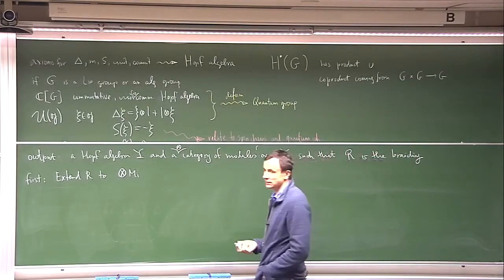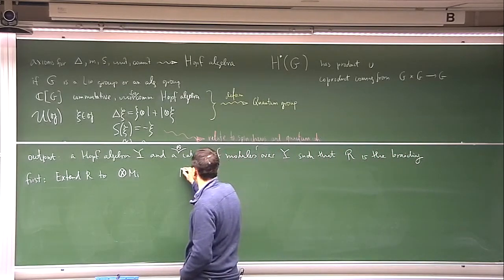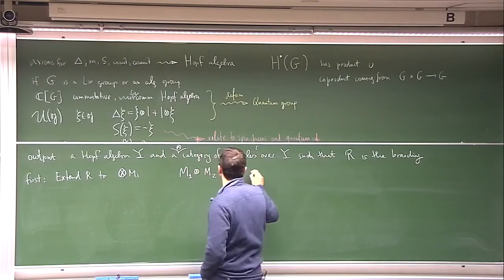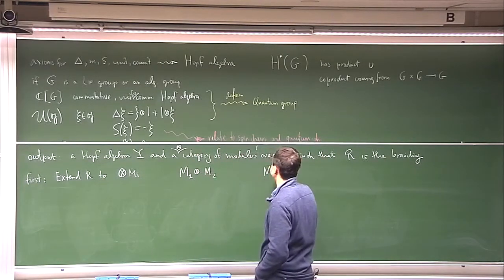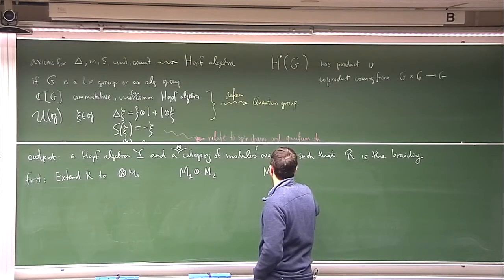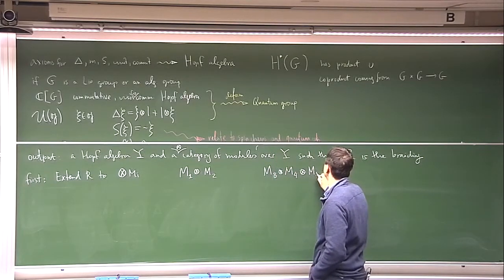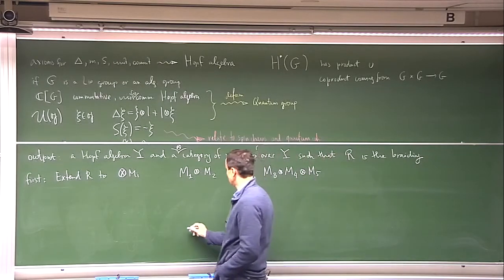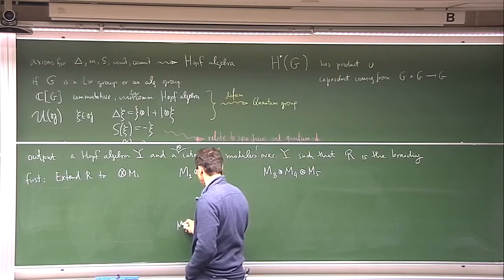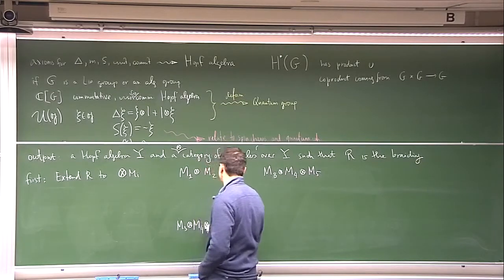So this is done as follows. If I want to braid some module M1, M2 with M3, M4, M5, then all I do is